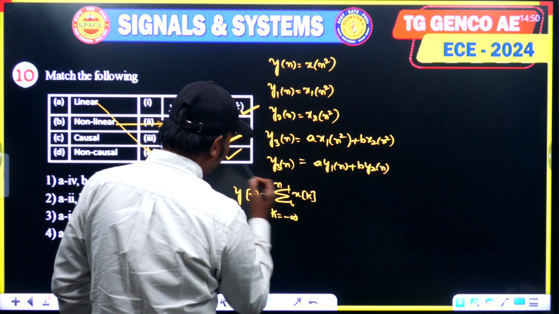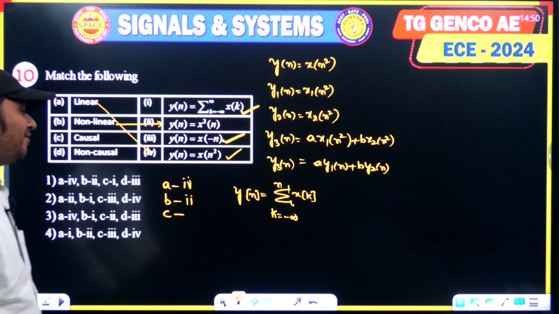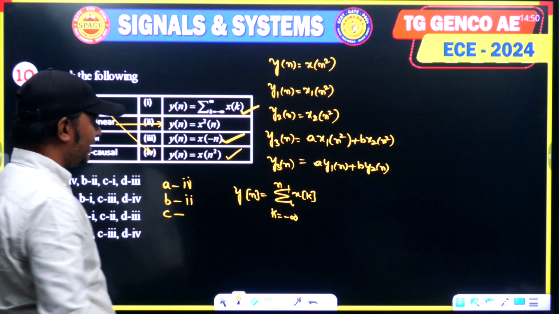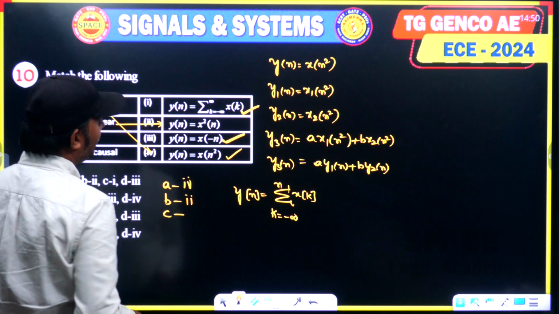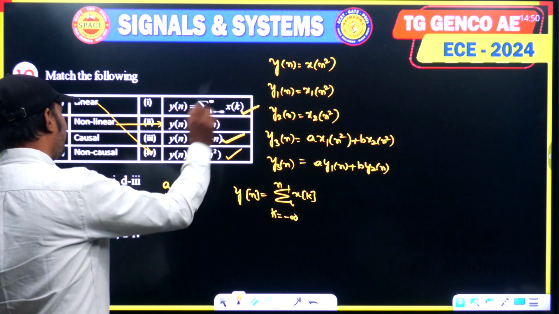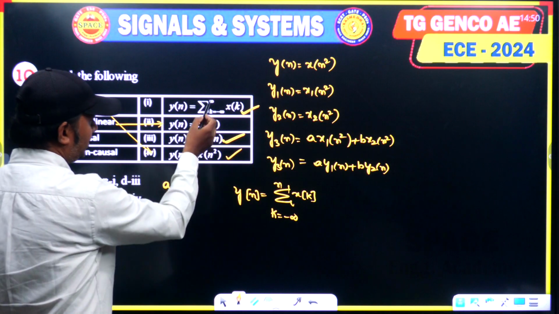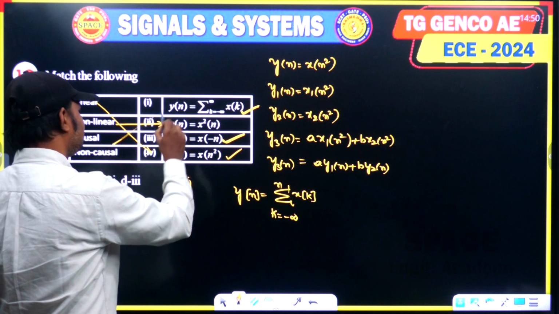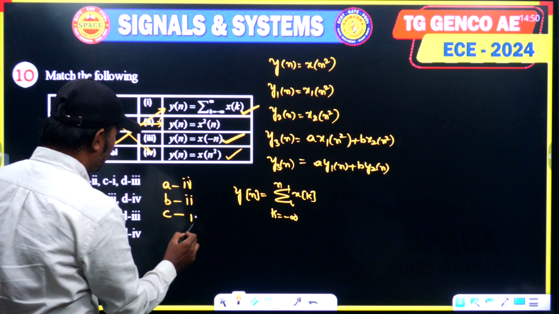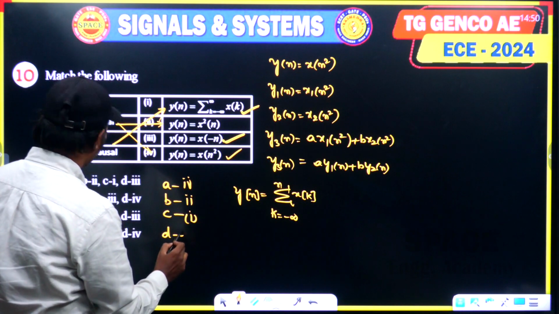But he has given minus infinity to infinity. I think there is a mistake here. So you can map, causal means, I think he means this might be n, you can map C to 1, and obviously D is